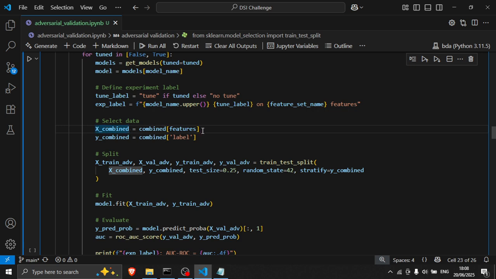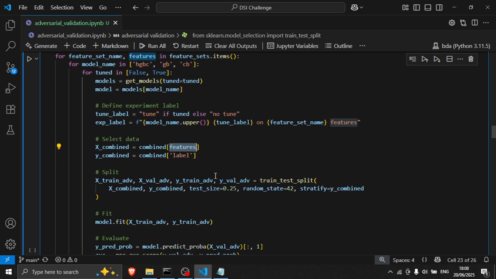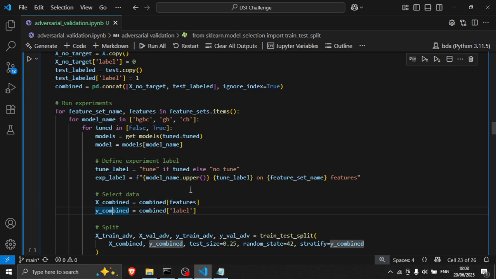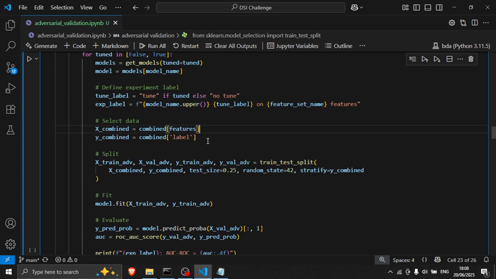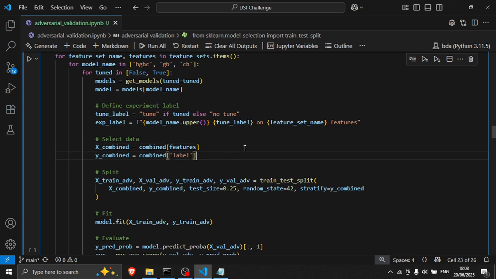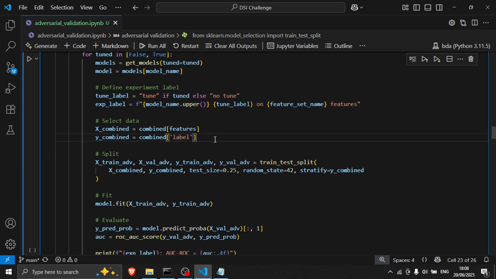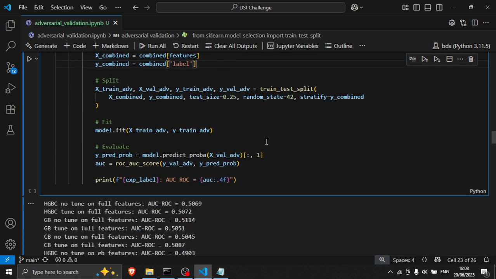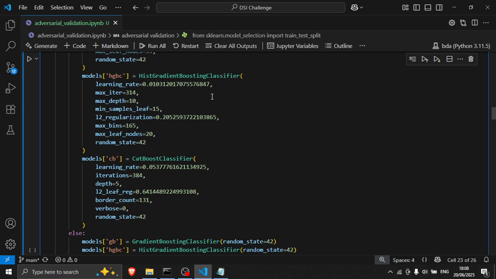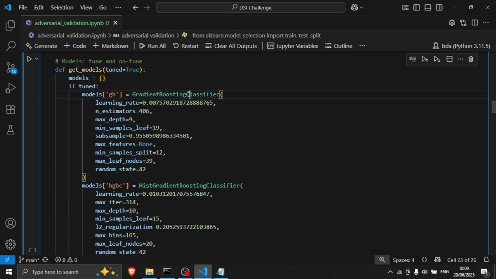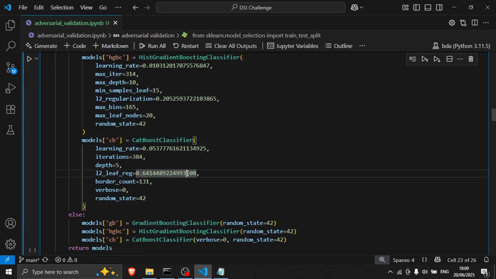So the X is the combined data frame, the features, and the y is the AV label we set up before. Next we perform the modeling using gradient boosting, HistGradientBoosting, and CatBoost.